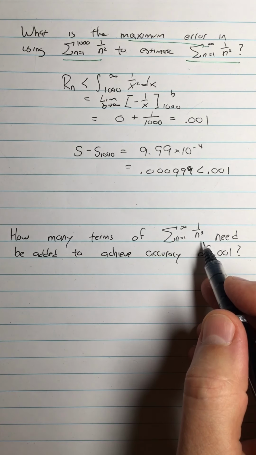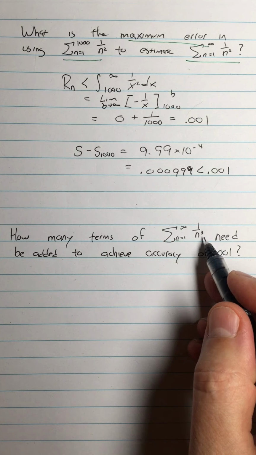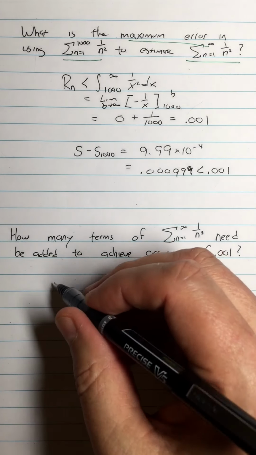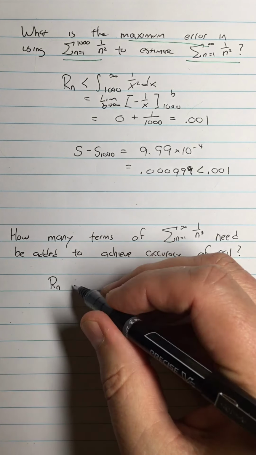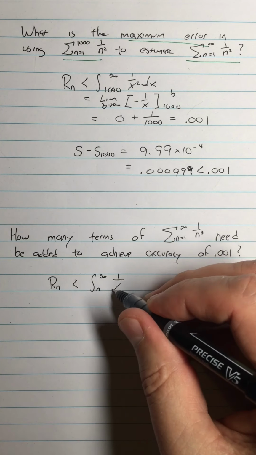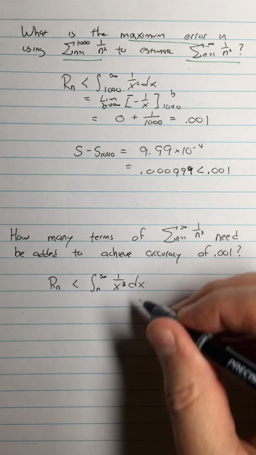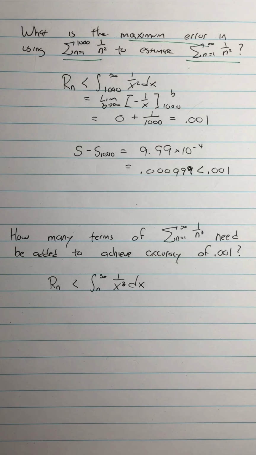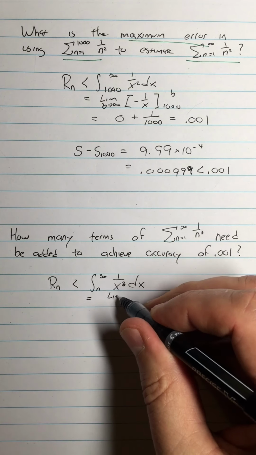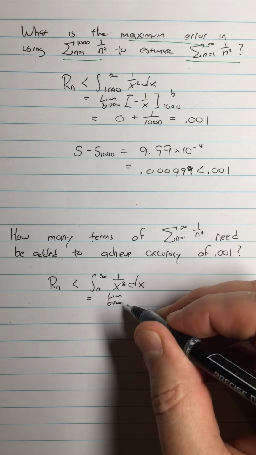Again, we know this is a convergent series because it's a p series with p greater than 1, and that's something we want to have as part of our vocabulary. So what I want to do is say that I know that the remainder is less than the integral from n to infinity of 1 over x cubed dx. So I just won't say what n is, and I'll just go ahead and do the integral. So that integral is equal to the limit as b approaches infinity of